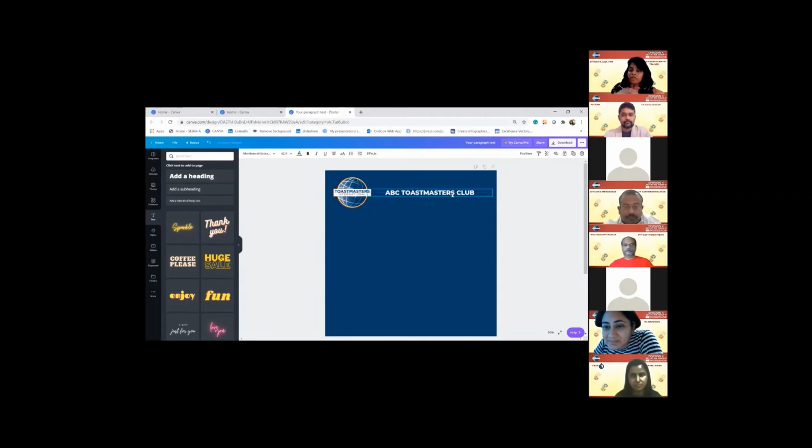The next feature would be club details. So how do I get the club details? You can duplicate the text by clicking on the plus icon on your right hand side top corner. Do you see an icon which says duplicate? Click on duplicate. When you duplicate, it just duplicates the text. You don't have to click text again, resize it, change the font. It's already done. You just have to duplicate the first icon and then we'll write club details. I'm just writing random ones.